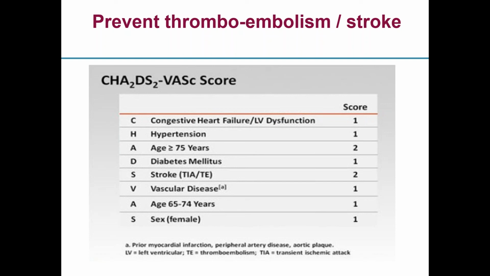And then vascular disease, age 65 to 74 scores 1 point, and female sex scores 1 point, and that's because women tend to have, all else being equal, a moderately high risk of stroke, and so it's thought that if a woman has one other risk factor, then probably they should be anticoagulated. If they don't have any risk factors and that's the only thing for a woman, then usually anticoagulation wouldn't be recommended. So that's the HAS-BLED score, which is the clinical risk tool, and I think that should be considered in